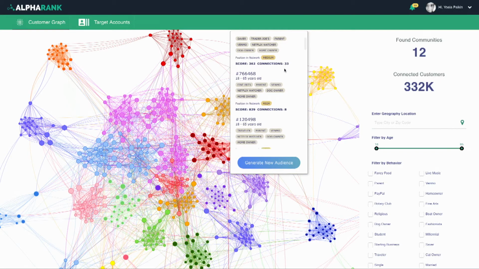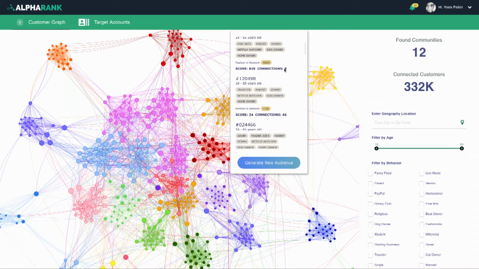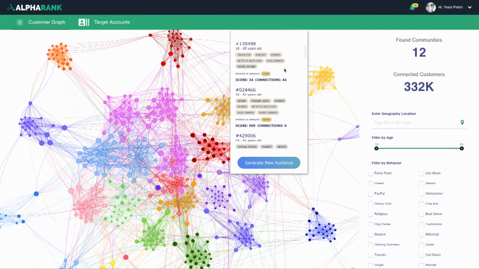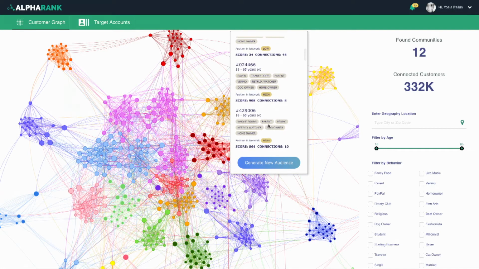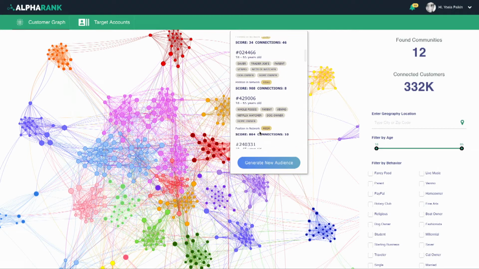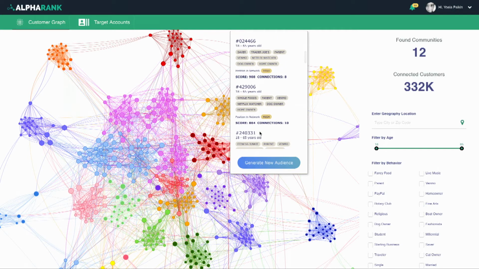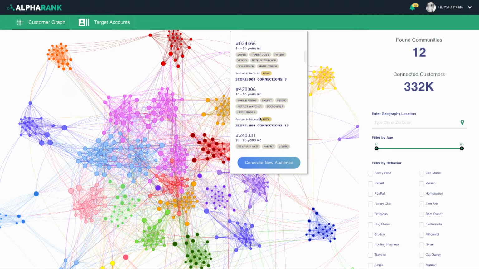And step 3, Alpharank enriches the graph with deep behavioral attributes extracted from the transaction data. Card data, bill pay data, ACH data, you name it. If it's anonymous, non-PII transaction data, we will use it to learn what unique behavioral attributes define your healthy banking communities. And the more data we process, the better we get at this.